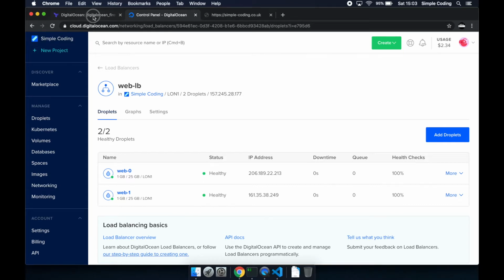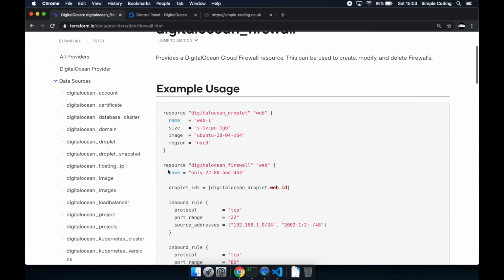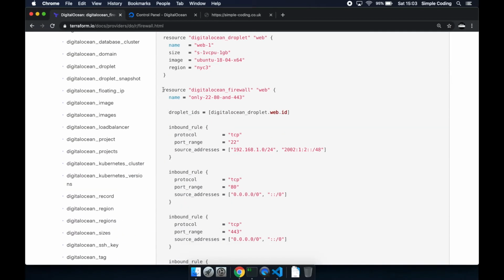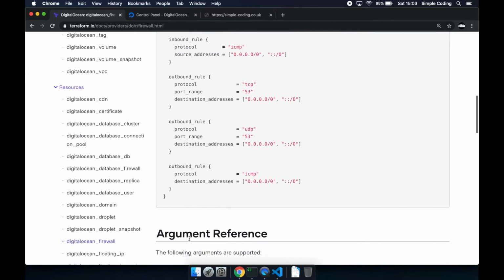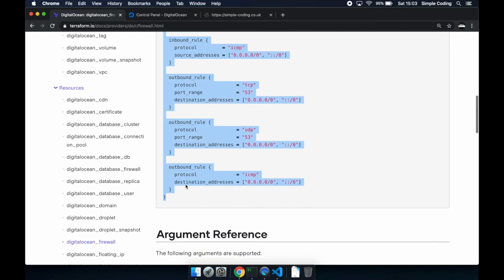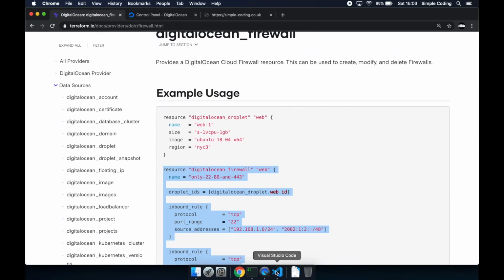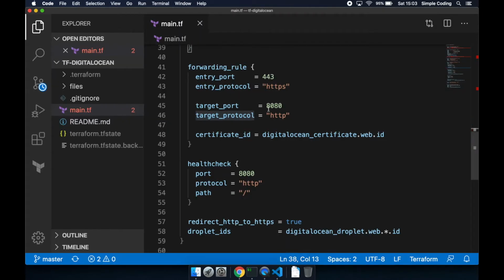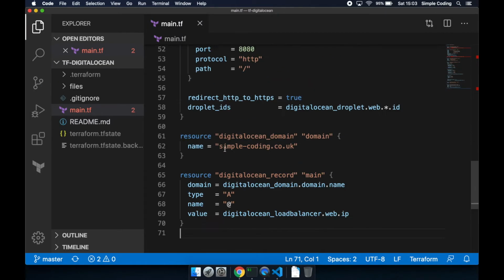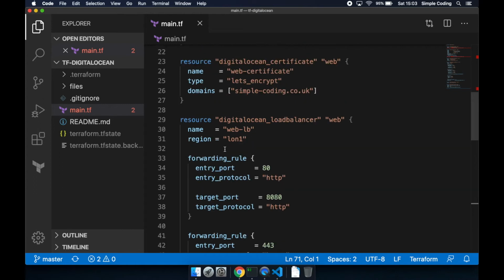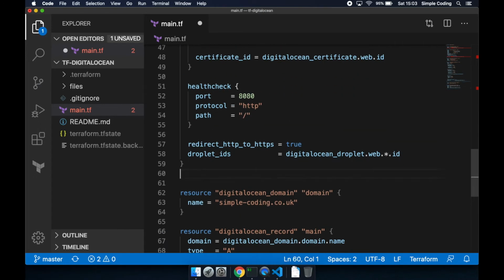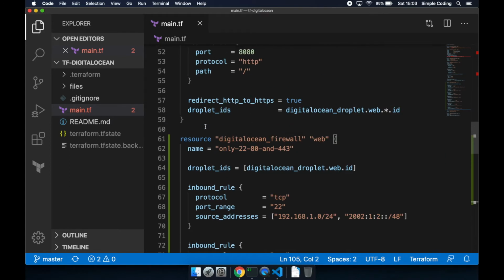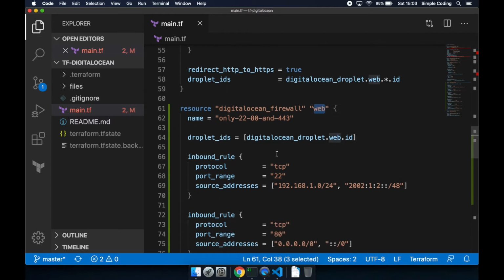So in order to do that, we're going to use DigitalOcean firewalls. Now, DigitalOcean firewalls are a way to restrict access inbound and outbound to a specific resource. So let's just put it there and have a look at it. Let's add it here, DigitalOcean firewall. Let's call it web. The name is going to be web droplet